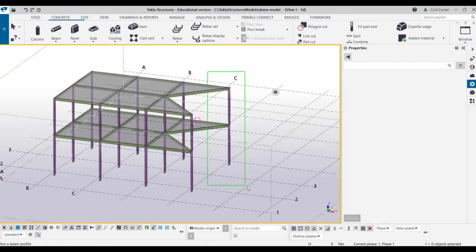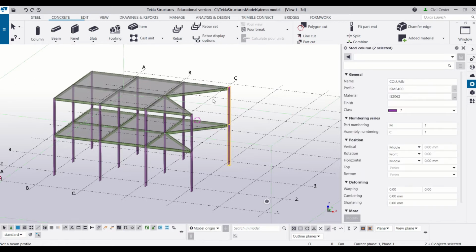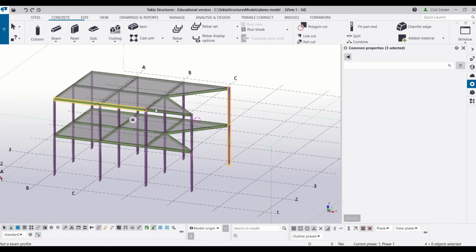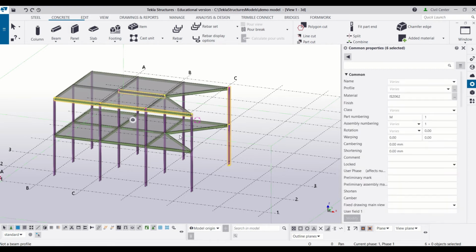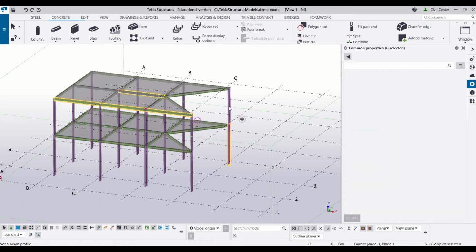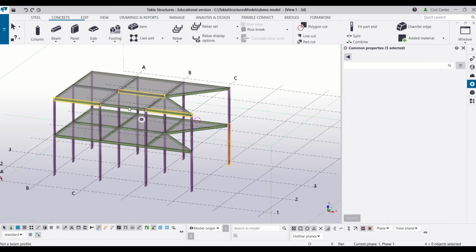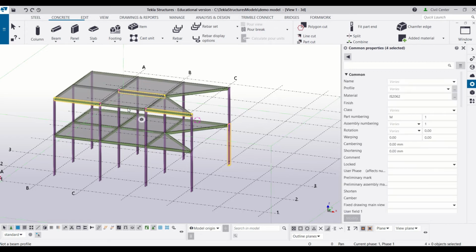Our fourth point is how you can add objects to the selected objects. I will just select this column and then press the Control button on my keyboard, and by left clicking on any member I can select it. Now what if you want to deselect some of the selected members? Then all you have to do is press the Control button and click on the member.